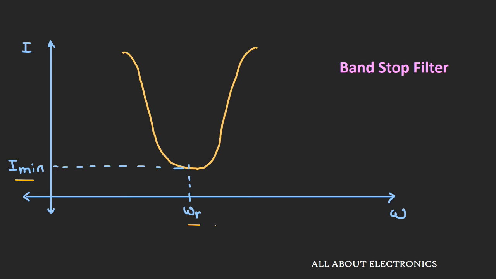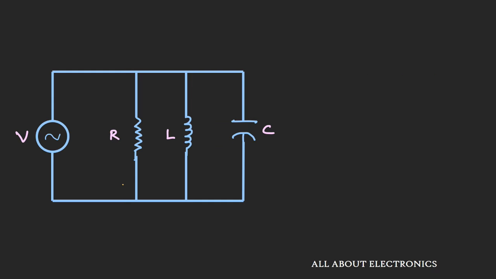So now let us derive the expression for this resonant frequency mathematically. So now let us once again assume that the current that is supplied by this circuit is I. Now here this current I is nothing but an RMS current. So instead of writing this as I_RMS, I am simply writing it as I. And similarly the voltage here that is indicated as V is also an RMS voltage. Now let us also assume that the current that is flowing through this resistor, inductor and capacitor are IR, IL